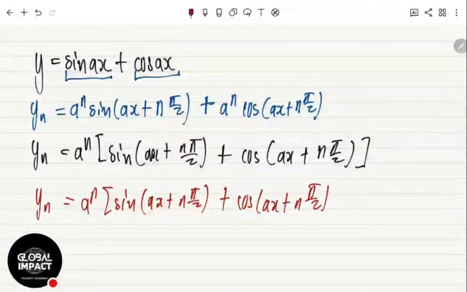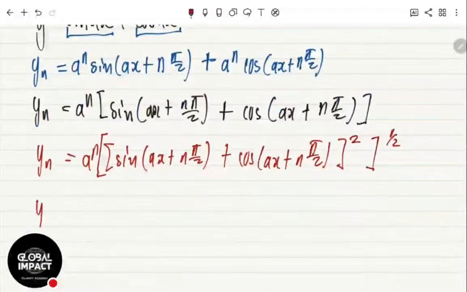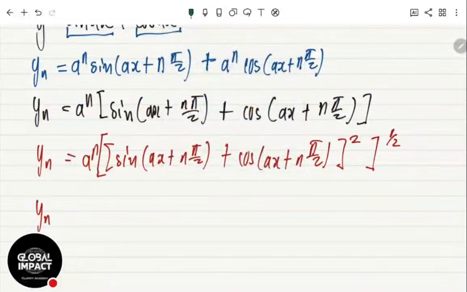And we are going to come outside, then square it, raised to the power of half. We go outside everything, so we square it, then we raise it to the power half. Okay, so we have squared it. I'm just doing this to get the nth derivative in terms of one guy, but if you're stuck, you can leave it here. This is still the nth derivative.